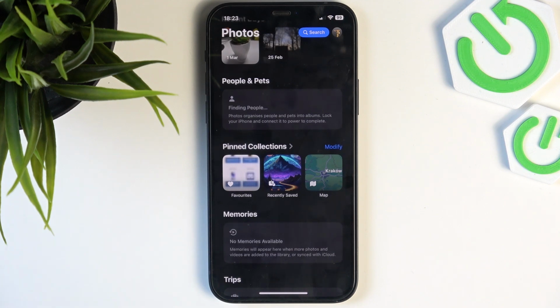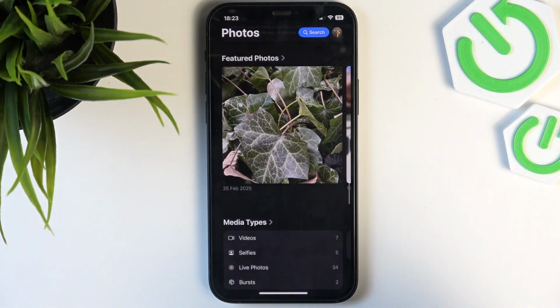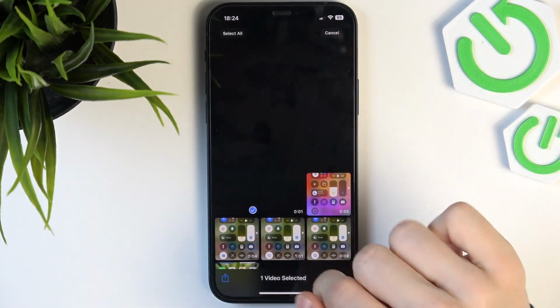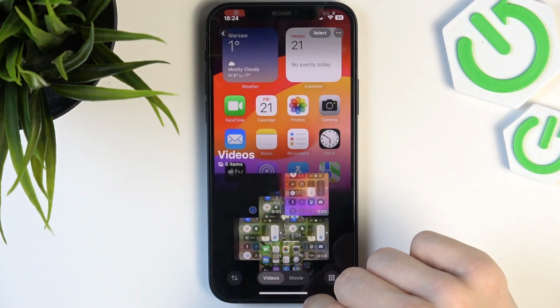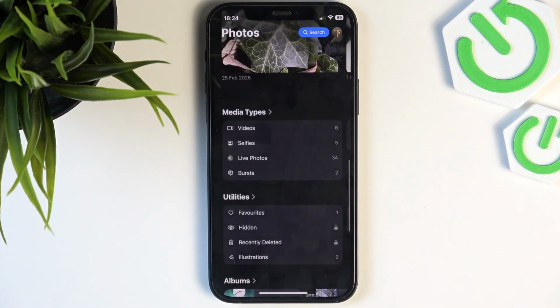And also remember that removing just one photo won't help. And the best ones are videos. Videos take up the most storage, so it's great to just select the videos that you don't need and delete them. Now I'm gonna go back, and also if you've deleted the photos and videos now, then it didn't free